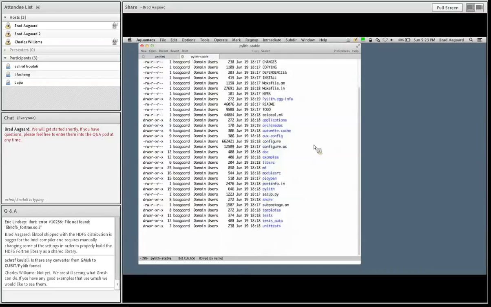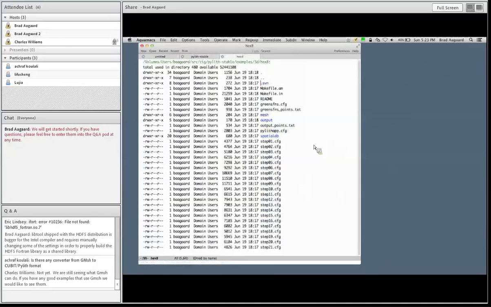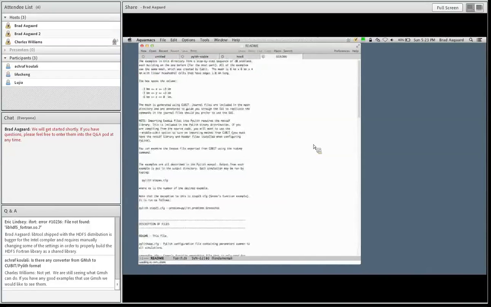So this is currently looking through the directory with all of the Pylith information. And so I'm going to open up, and I'm using Emacs, so I can look through the directory structure in the buffer here. So I go examples, 3D, X8. And so first thing, if you look at the README,